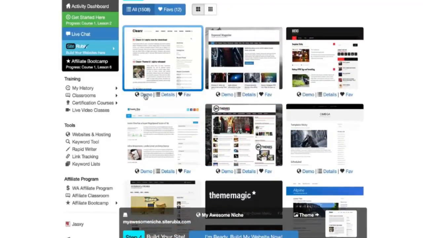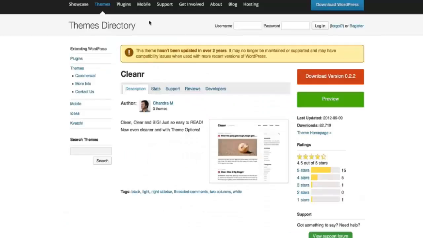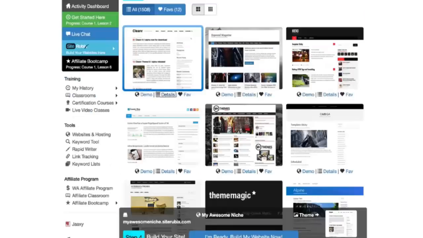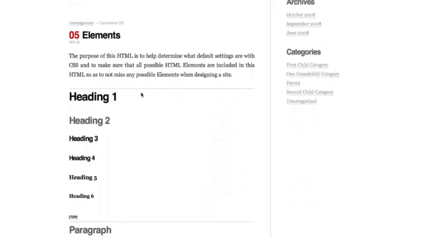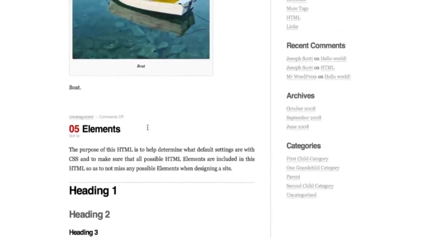Below the themes, you're going to see demo, details. You can favorite a theme if you really like it. Details is going to take you to WordPress, where you can get full details and stats on a particular theme if you're interested in that. And then demo is going to show you what the theme actually looks like when it's live and has some content in it. Shows you different heading styles, that sort of thing, what it's going to look like when you